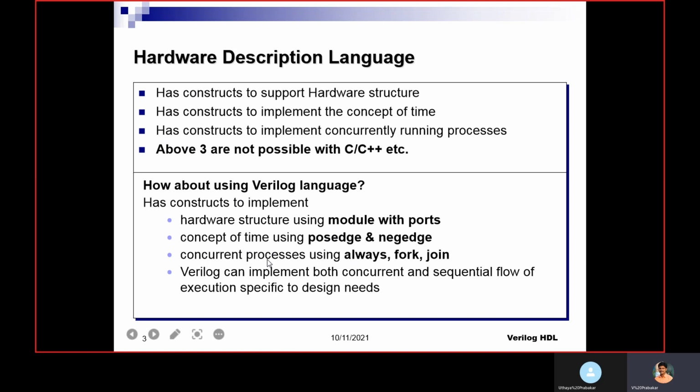That means concurrent processes, multiple processes can run at the same time. We can create that using the Verilog language. Verilog can implement both concurrent and sequential flow of execution specific to design needs. Based on the design needs, we can implement a sequential flow, step-by-step execution, or a concurrent flow.